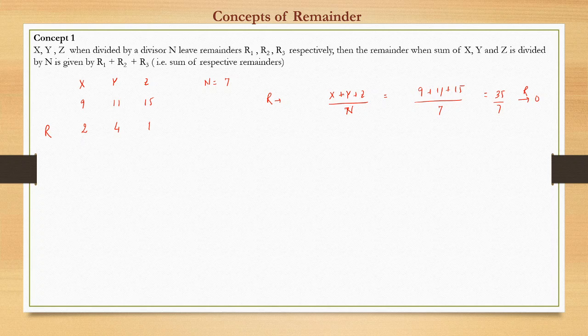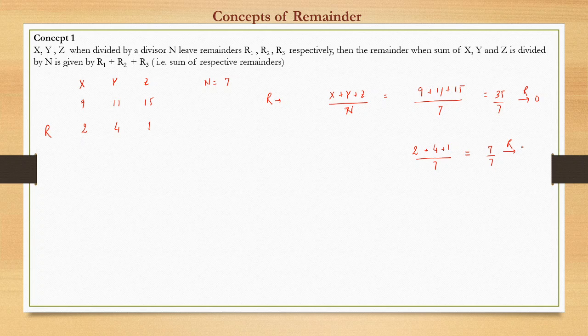So the process is that we add the individual numbers. But now imagine if the numbers had been big, instead of 9, 11 and 15, say 109, 111, 150, then adding would have been a bit tedious. So another useful way: rather than adding the numbers, if we are just asked to find the remainder of the summation, instead of the numbers we can write the individual remainders obtained by dividing each of the numbers independently by the number, here 7. Those remainders were 2, 4 plus 1 divided by 7, which is nothing but 7 by 7.